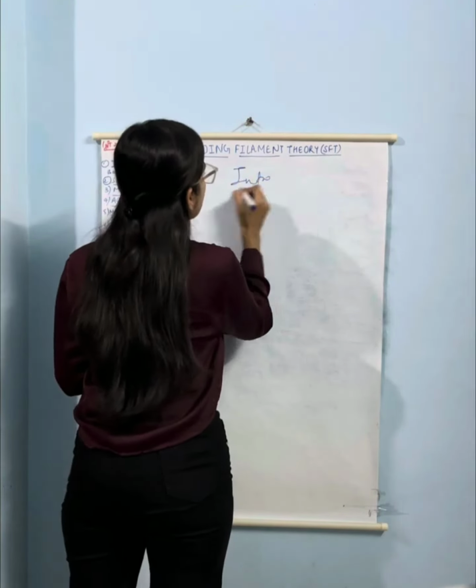So I'll take 1 unit of this actin. This is my globular protein. It has active sites where the myosin head will get attached. This is tropomyosin, and this is troponin, which has 3 units: TnI, TnC, and TnT. TnC binds with calcium ion. TnI masks this active site when the muscle is not contracting, and TnT is the component which is attached to tropomyosin. So this is all about actin.